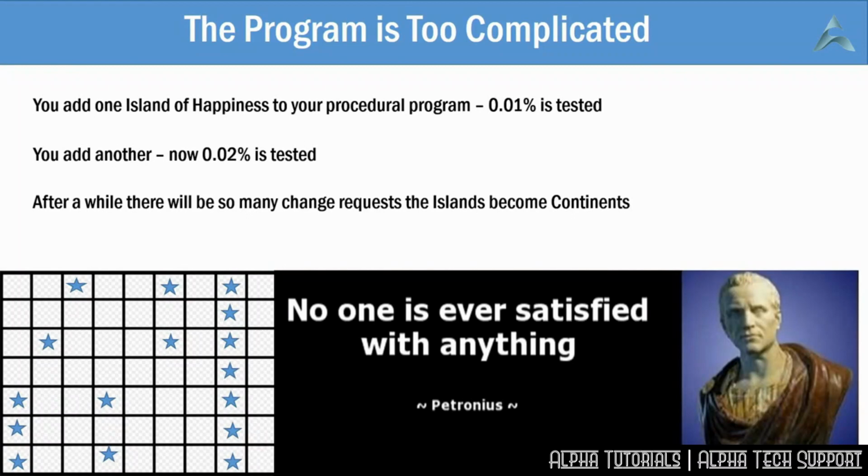If you follow the island of happiness approach, that means your island will get bigger and bigger, and the calling program will wither on the vine. And before you know it, your happy islands have become a continent, and 100% of the areas of the program that are used are under test. This brings us to the end of the rebuttals against technical arguments. The next lesson deals with a much more tricky subject, which is money-based arguments.